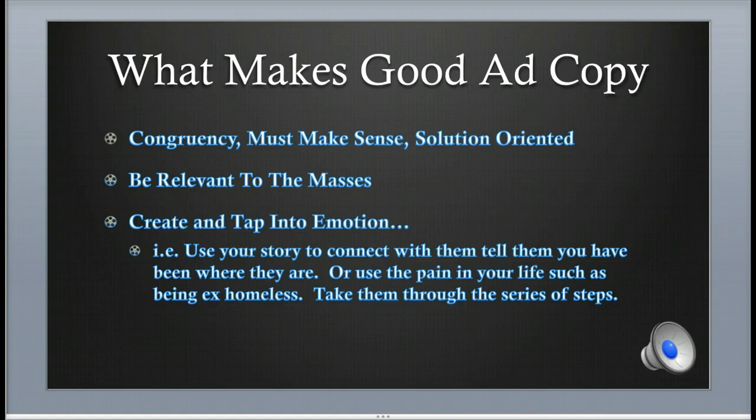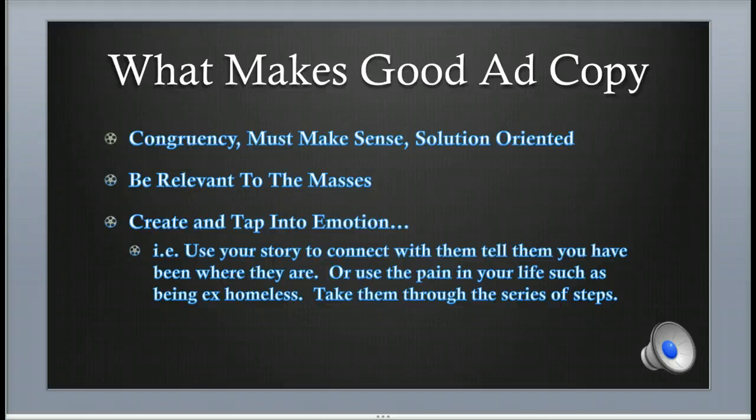Especially because you have been where they are. Most people are. Okay? If you're being successful online and they're not, you've been there. I'm sure you've been there. We've all been in a place where we've struggled. Okay? And then you can use even your personal life story. Okay? For example, the pain in your life, such as being ex-homeless, or, for a personal example of myself,